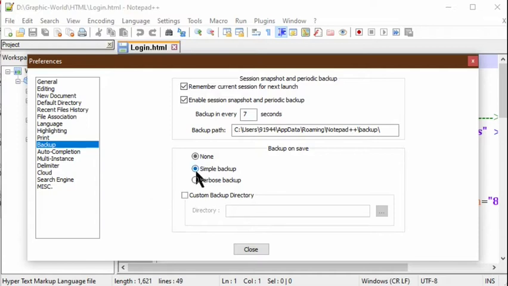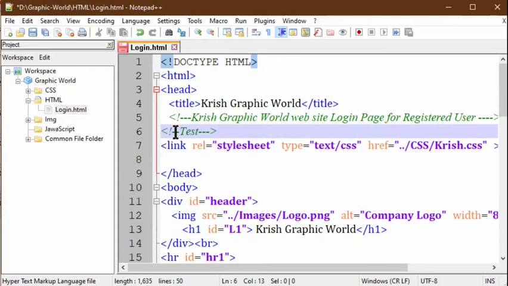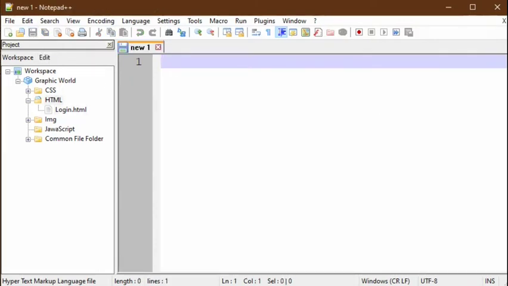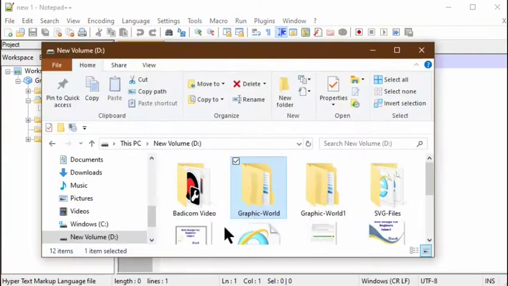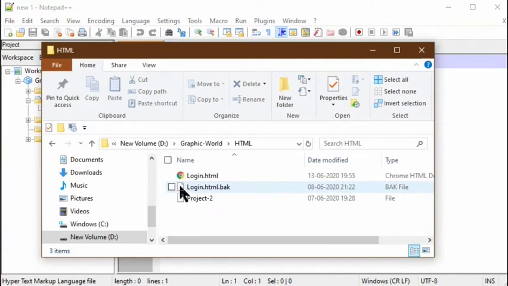I am clicking simple backup, and I have opened one login HTML file, and I have added one comment line in the content. Then I am saving that file. After saving, I am closing it. Then I open my Explorer window. There I will search for this graphic world HTML.